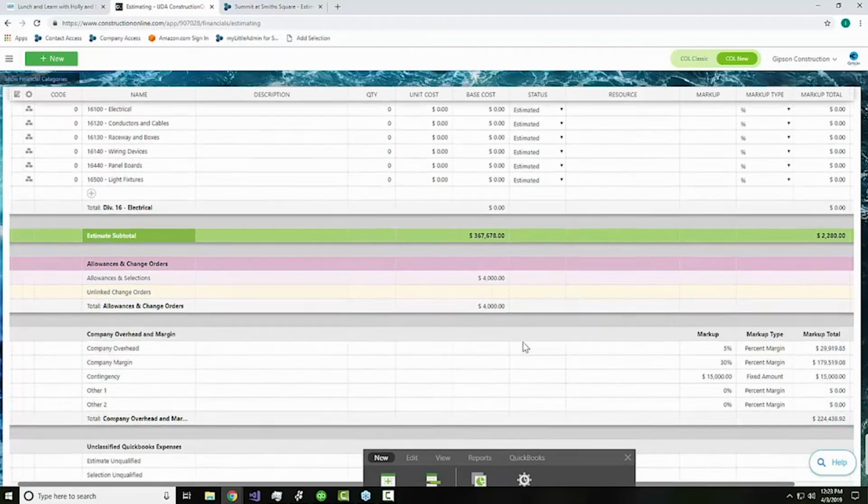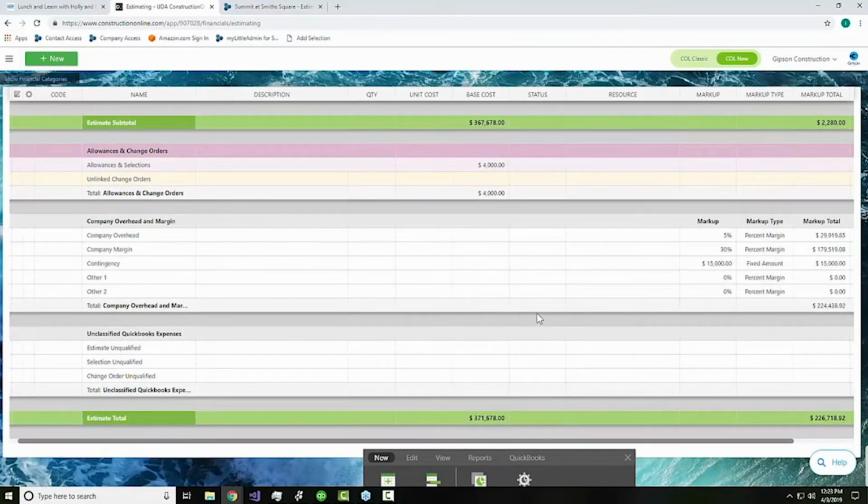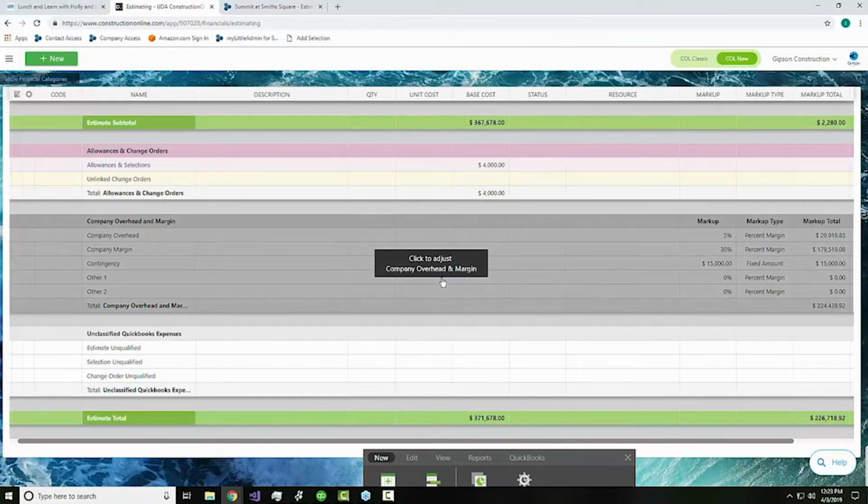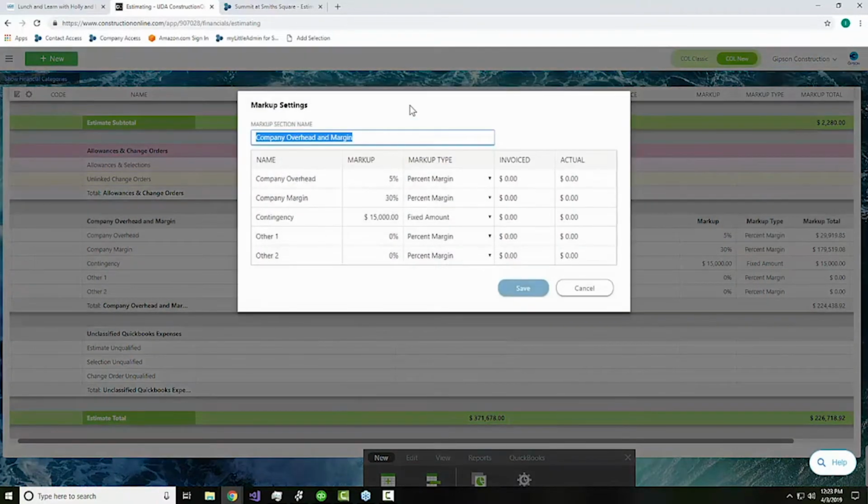And you'll notice that every estimate, no matter how you've put it together, is always going to have the same section here at the bottom. So this is our company overhead and margin section. And this is where we would apply markups, margins, things like maybe a contingency fund that we want to apply to the entire estimate. So you'll notice as you step through these, you can, of course, customize how they're named,